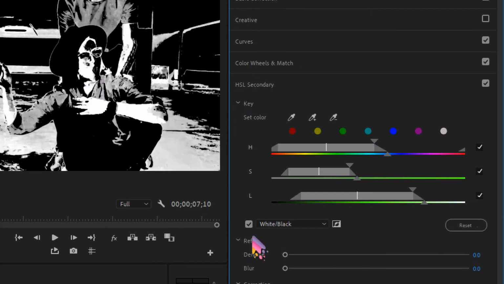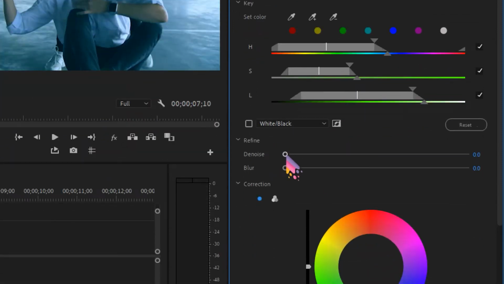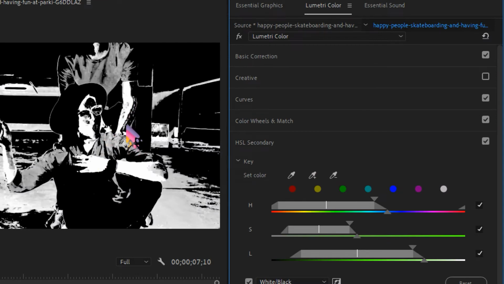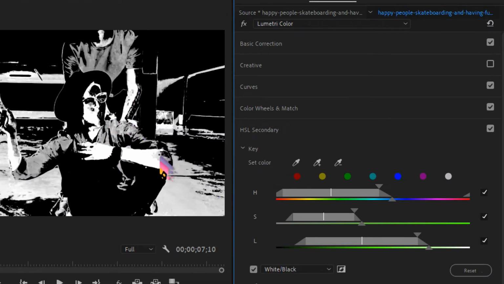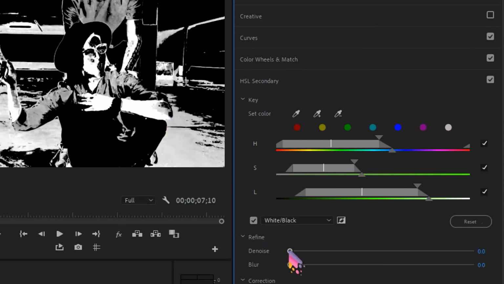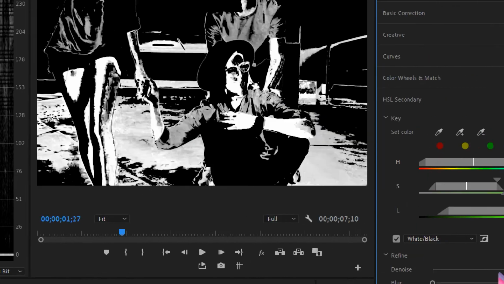All right, so let me undo it and uncheck this one, and now we have the option to refine this selection. If we click on this, you can see there is lots of noise and artifacts in the image or in the selection. With the help of Denoise, if we drag this up, that's going to remove the noise from the selection.